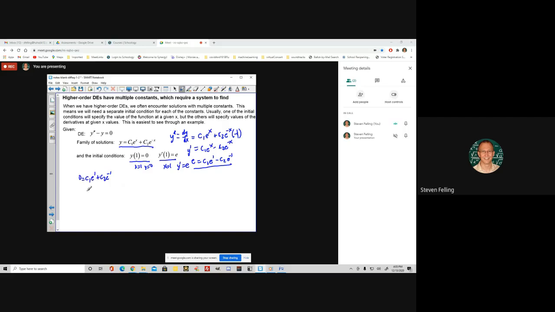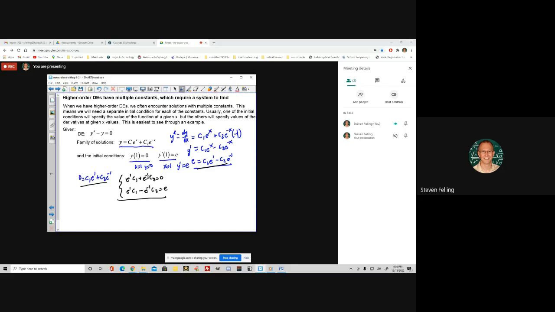So if I were to write this out, let me write it a little bit different. I'll change the color here. This equation can be written as e to the 1 c1 plus e to the negative 1 c2 equals 0. And this equation here can be written e to the 1 c1 minus e to the negative 1 c2 equals e. Okay, so that forms a system, and I could use any technique I want to solve,